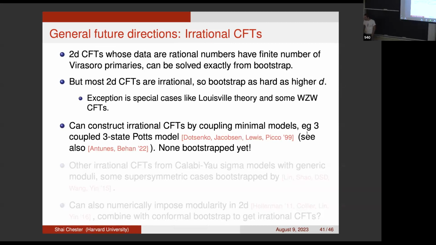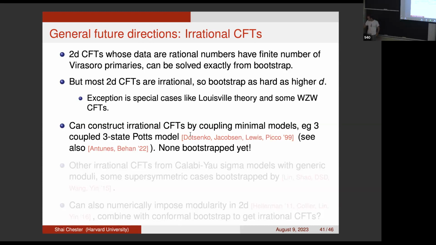And so there have been some attempts to construct irrational CFTs by coupling various minimal models. There's a classic example of coupling the 3-state Potts model, and also some recent work by these authors, but none of these theories have been successfully bootstrapped. So I think this is a big target for bootstrappers, and something which even an entry-level bootstrapper could attempt, because you don't need supersymmetry or any kind of fancy methods. Just do the standard bootstrap in 2 dimensions, put in some global symmetry, maybe make some inspired guesses about the spectrum, and maybe you could find some of these